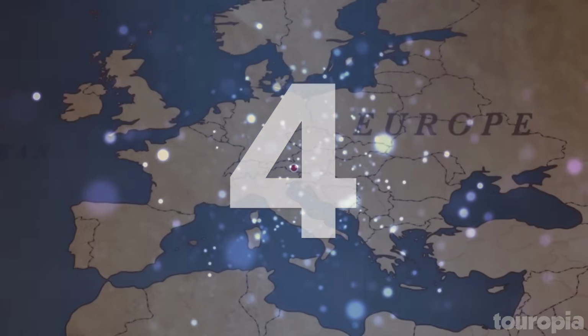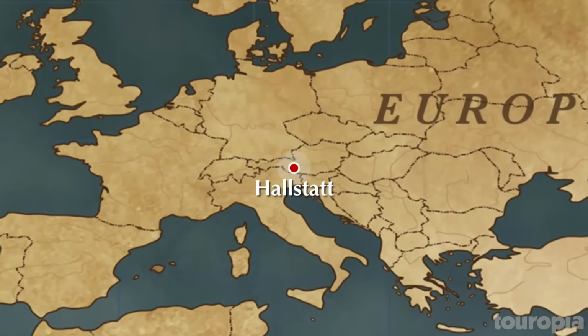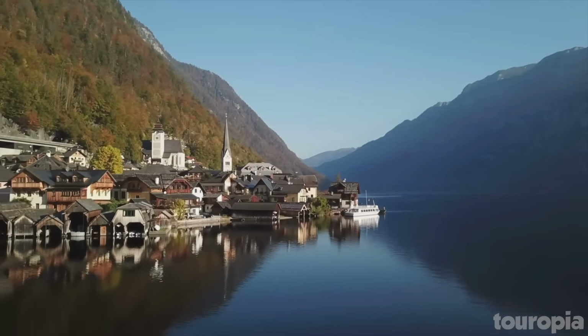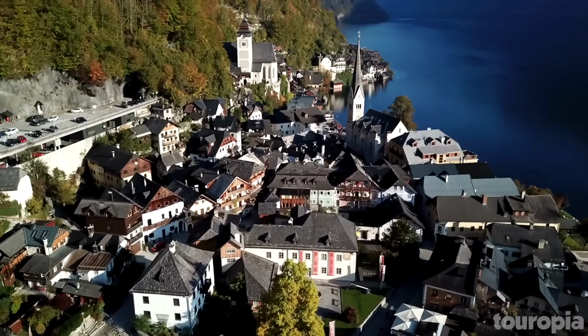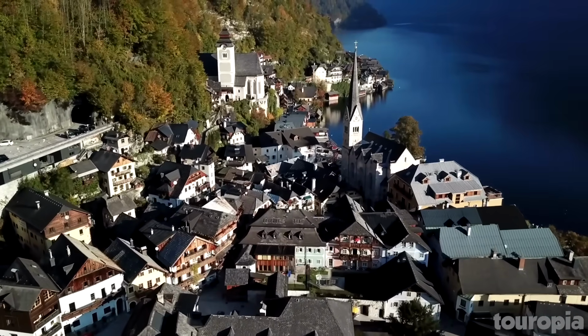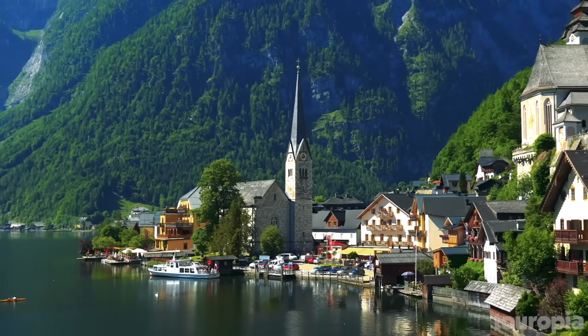Number 4. Hallstatt. Often called the Pearl of Austria, Hallstatt looks every bit the fairy tale town due to its spectacular setting and outstanding natural beauty. Perched between majestic mountains and a looking-glass lake, the picturesque pastel-colored town tumbles down to the reflective